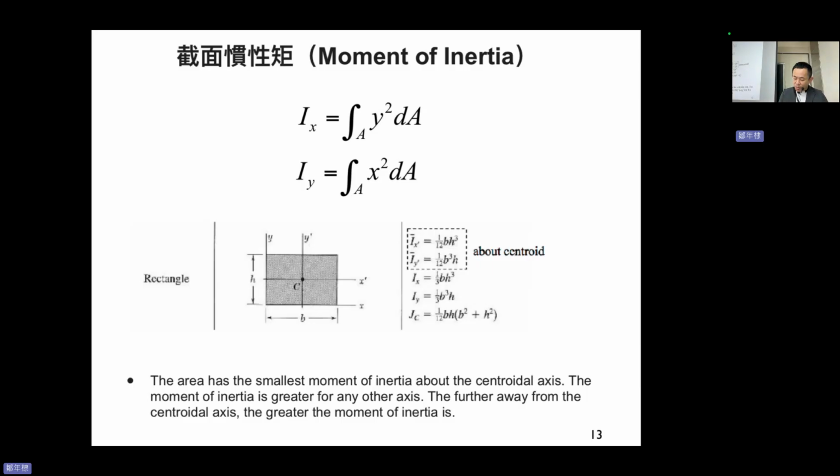The moment of inertia, we discussed that before, right? The definition of moment of inertia is how difficult it is for your shape to rotate about a certain axis, right? And the easiest way,